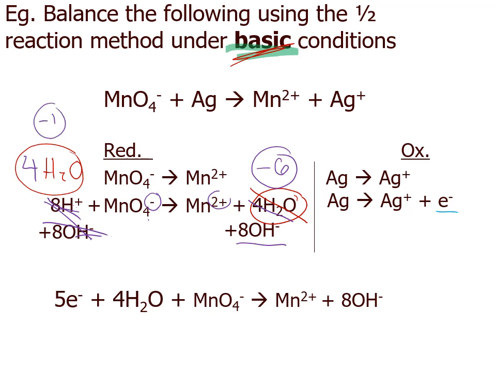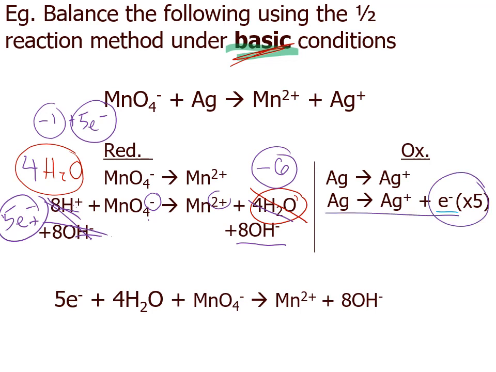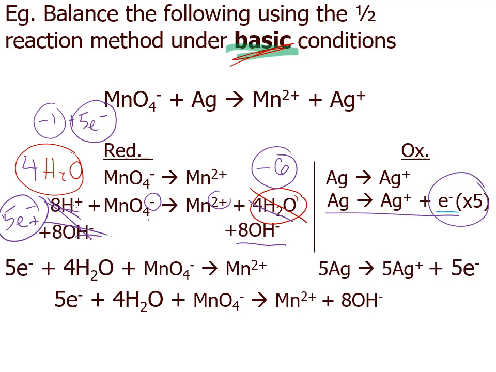So in order to balance that out, we're going to have to add 5 more negatives, electrons, onto the left-hand side, just like before. So if we add in 5 electrons on the left-hand side, our charges are now balanced between the reactants and the products in our reduction half reaction. So if we have 5 electrons going into the reduction half reaction, we're going to have 5 electrons being produced by our oxidation reaction. So we're going to have to multiply that whole half reaction by 5,